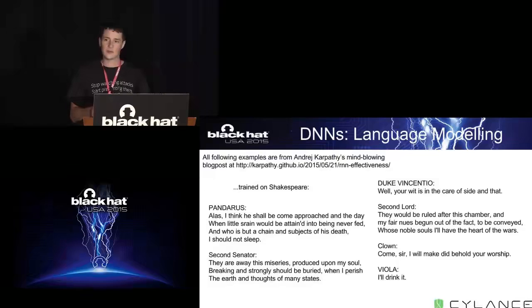So you dump a whole bunch of Shakespeare into this model, and it completely memorizes things like character names: Pandarus, Second Senator, Duke Vincentio. And it's also coming up with things that are very structurally Shakespearean, right? Words like strain, words like attainted. It's really interesting to see it mimicking Shakespeare. Of course, on a local level it looks a lot like Shakespeare, but on a global level, it's not really coming up with an overall story of the play. It's just outputting Shakespearean gibberish.